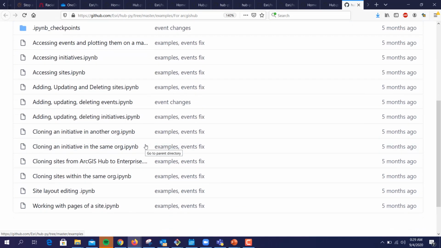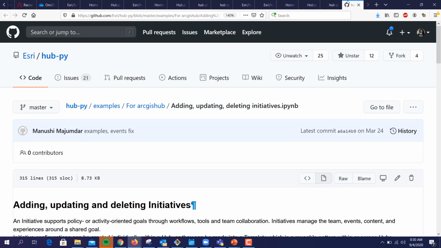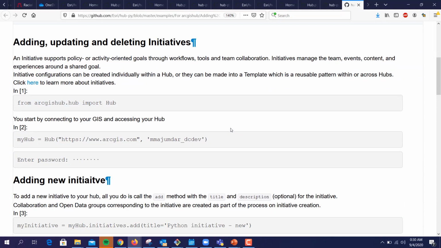So as we see in this directory here, we have a bunch of use cases and user guides prepared for you. I encourage you to take a look at these to know about the several examples and several use cases that HubPy supports. Adding, updating, deleting initiatives, sites, events, and pages is all identical based on usage. Let's take a look at adding, updating, deleting initiatives. So as I previously mentioned, you start off by first